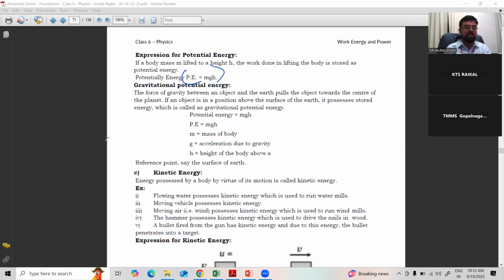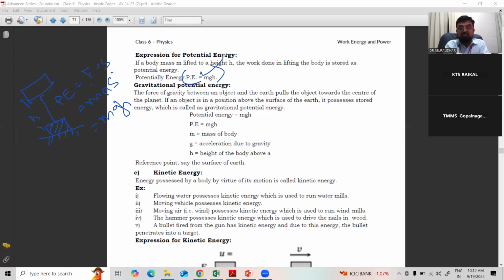Potential energy is nothing but mgh. For example, see, it is the ground. You place the body here, one block of wood, and you raise it up to here. Then potential energy is nothing but work done only. Work done is force into displacement. What is the displacement here? h. What is the force? Mass into acceleration into s. The mass of the block is m, a is nothing but g, because acceleration due to gravity, and s is nothing but h. So potential energy is given by mgh.